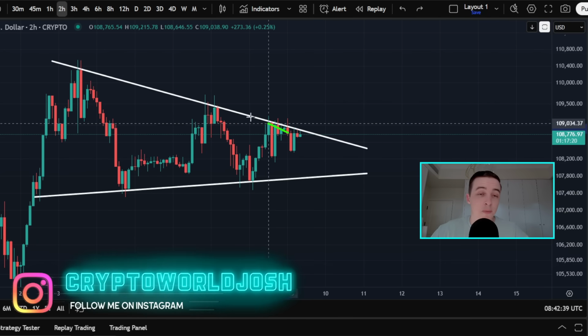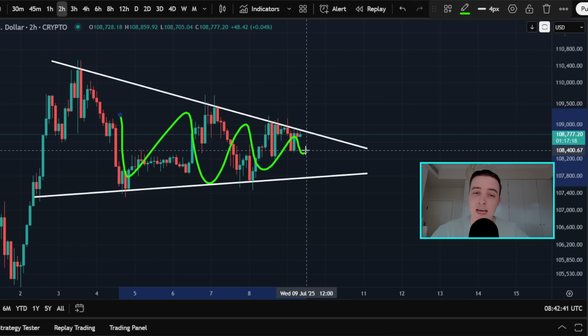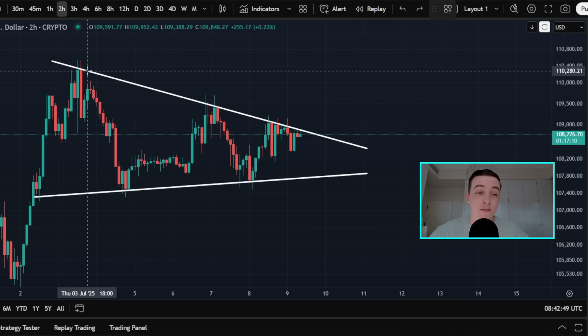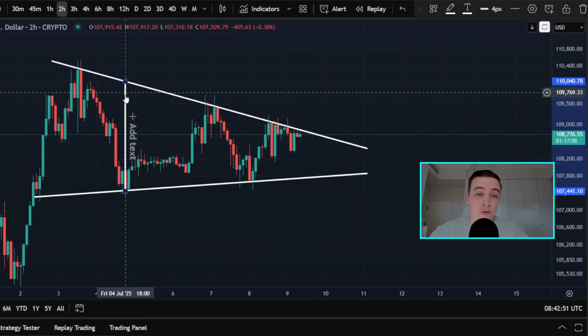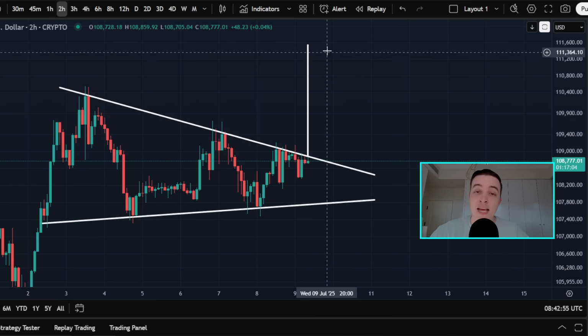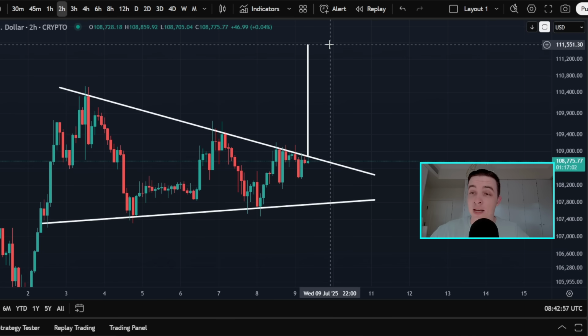And so in the meantime, while the price is still forming this pattern, once again, we just have to wait for a break of one of those levels in order to activate the next price target for this price pattern right here. And speaking about that price target, if we take a look at a measured move, for example, if we confirm a breakout above this line of resistance, that would activate a bullish price target at approximately